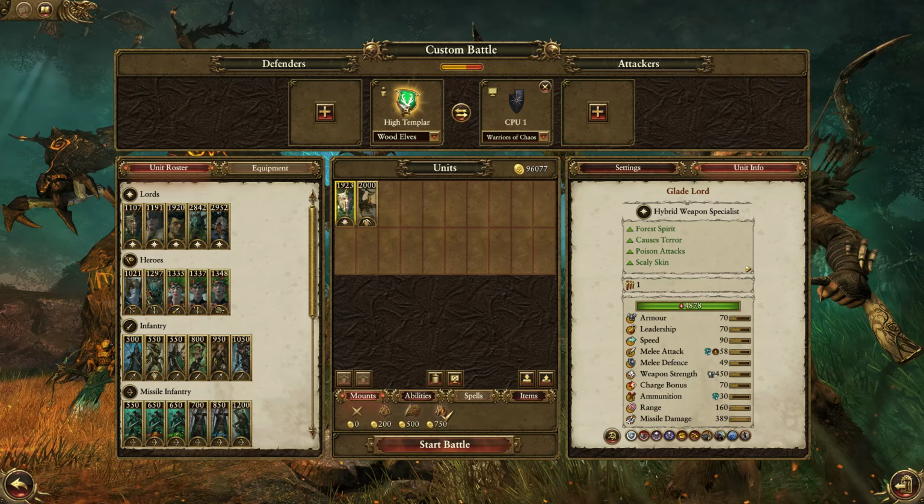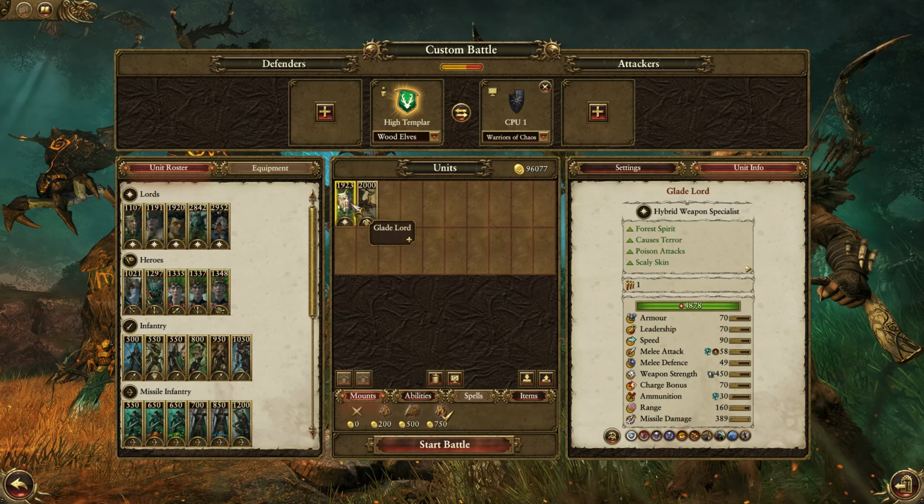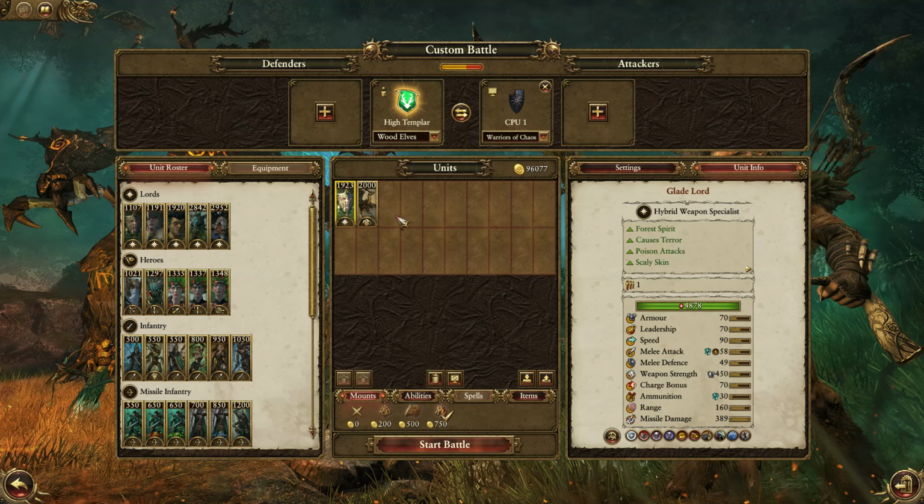Today we'll be talking about the Glade Lord on a Forest Dragon. Glade Lord is a new lord that came with the Realm of the Woodlands, and he can be picked for the Woodlands and Argolon, and we can mount him on the Forest Dragon, which is a very powerful mount indeed, and it is another